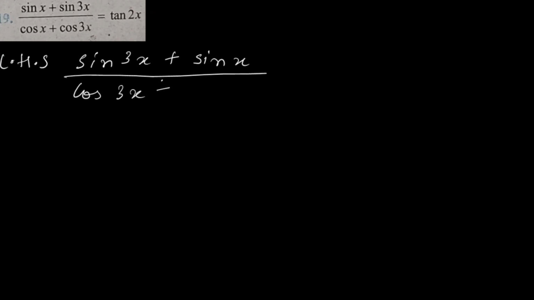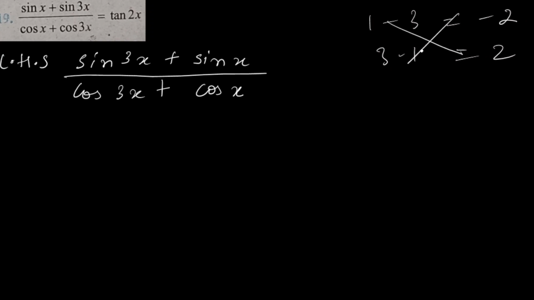So I'm just going to rewrite it as sine 3x plus sine x, sine 3x plus x, and cos 3x plus cos x. See, addition is commutative always. That's why I have rearranged. The bigger angle I have written first and then the smaller angle. If subtraction is there, say 1 minus 3 is minus 2 and 3 minus 1 is positive 2. So subtraction is not commutative. That's why in case of subtraction we can't do rearrangement, only in case of addition.